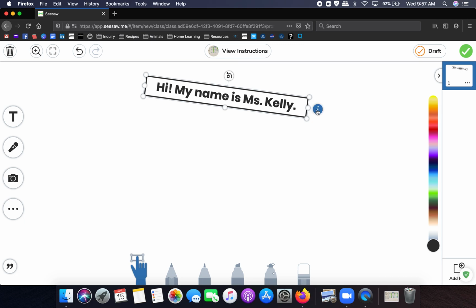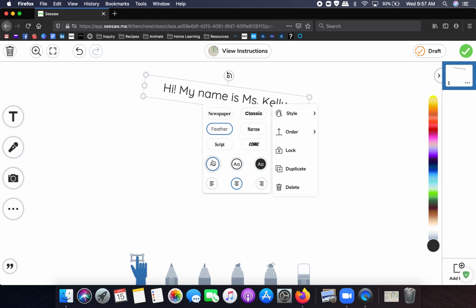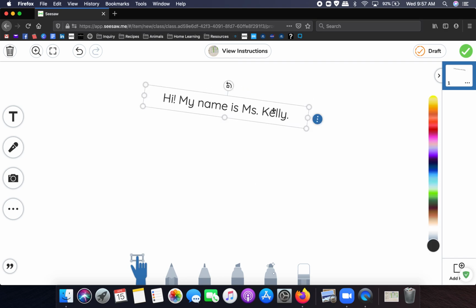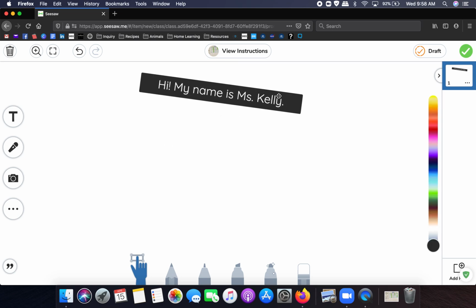Then you have these three dots. These three dots is where you get all these buttons, and here it tells you the different fonts that you want for your words. So if you want this type of font, or it looks like this, or a comic font, and then you can also choose whether you want the outline, which is in the middle, or if you don't want the outline, it will look like this. If you want to change it, click on the three dots, and you can go to Style. There's also this where it's changed,